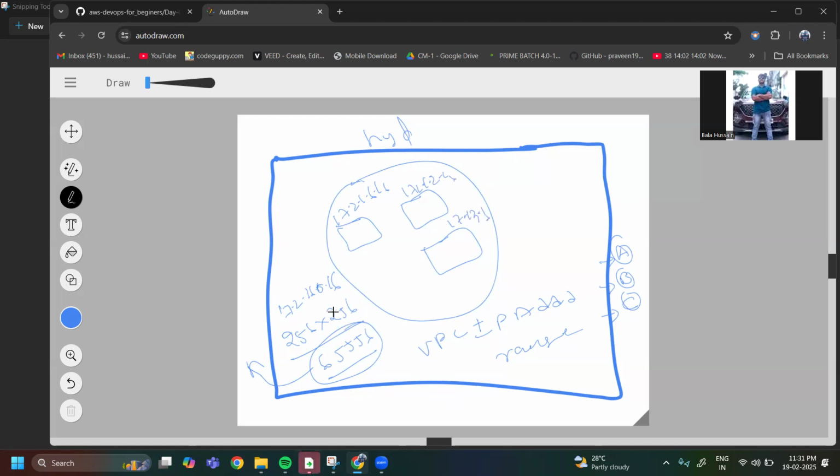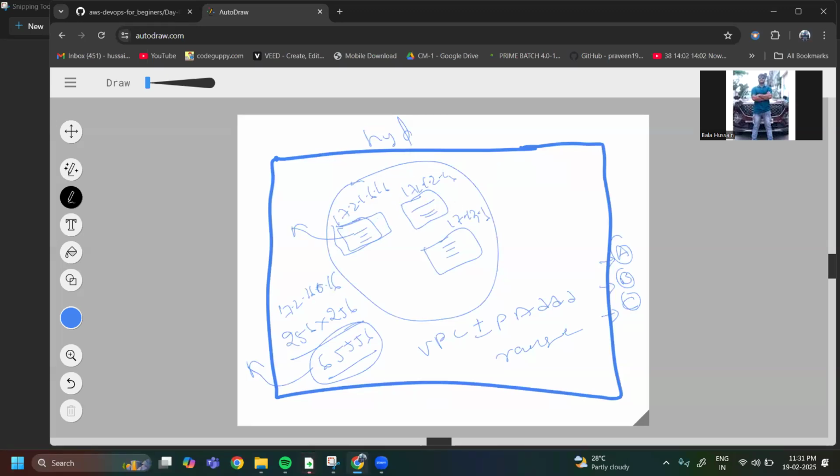So we are dividing the IP ranges and giving one to each project. These are the three projects, and we are dividing the IP ranges among them.